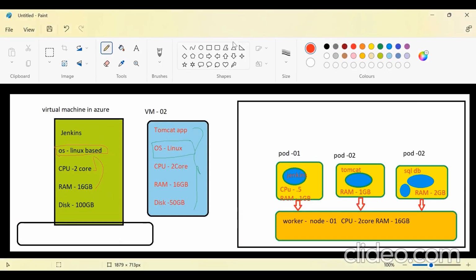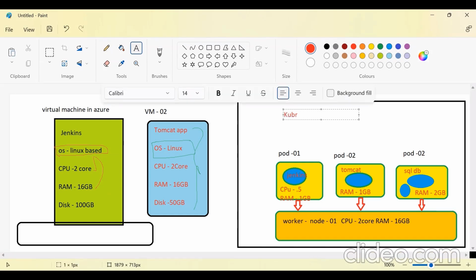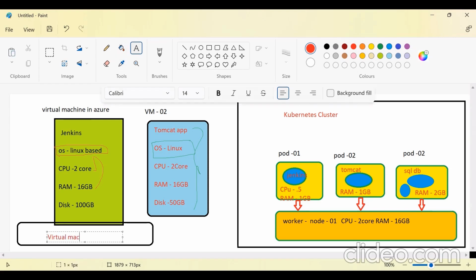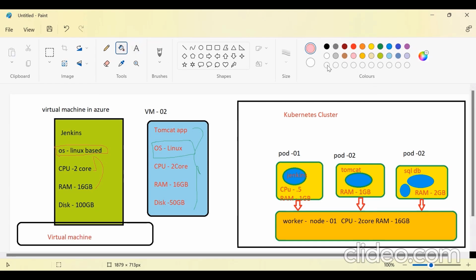Okay. So in the Kubernetes cluster, this is your Kubernetes cluster, the Jenkins runs as a container. In the Jenkins, we required 16 GB or 18 GB RAM, but here the Jenkins boots up with only 1 GB RAM. Okay, the main advantage, or the beauty, of Kubernetes is that on the same virtual machine you can deploy multiple applications. You can see here only one VM. This is your virtual machine. One virtual machine is dedicated to only one application.